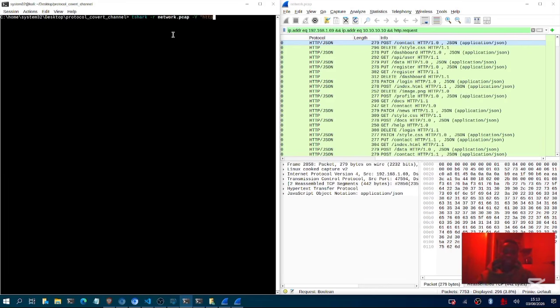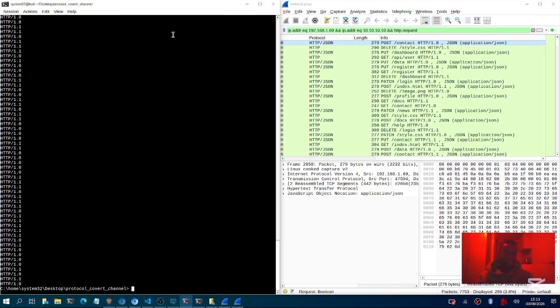We'll be using http.request, then -T fields, and we'll be specifically looking at the http.request.version. So let's look at it, and you can see we have these